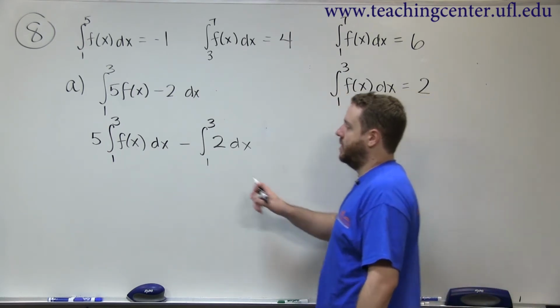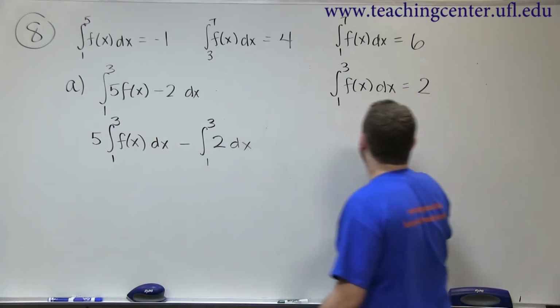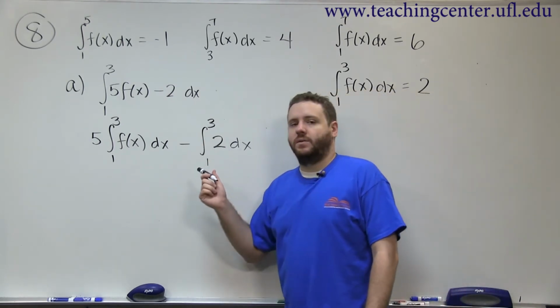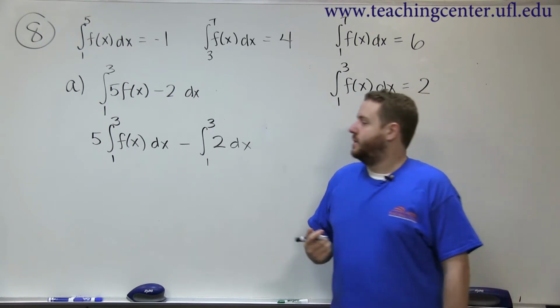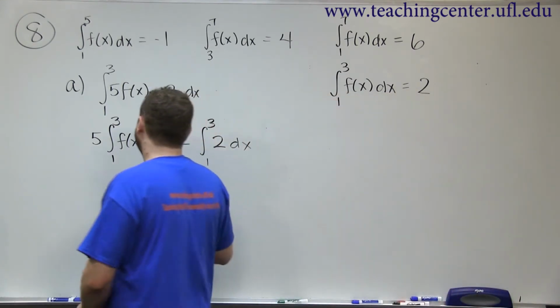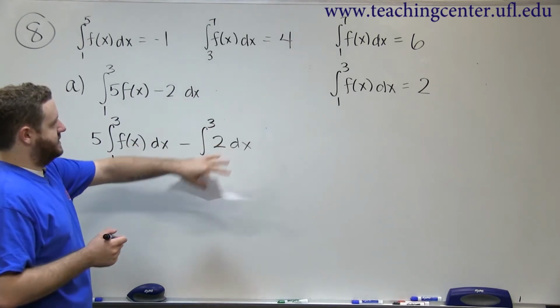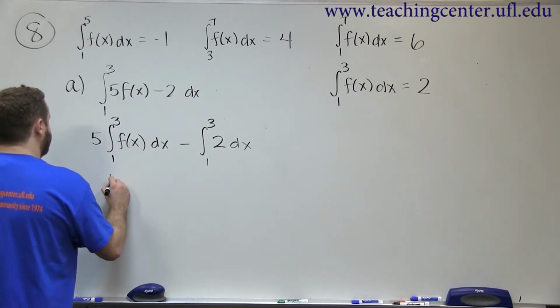Notice that this part right here is what we just figured out. And integrating from 1 to 3 of a constant function is just a rectangle, so that would be easy to figure out as well. So this integral 1 to 3 f of x dx is equal to 2. So this is just 5 times 2